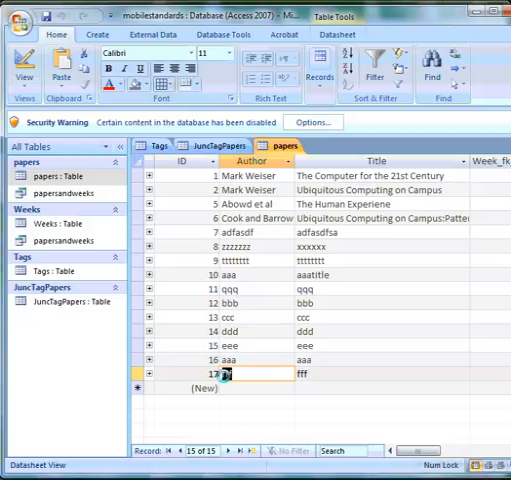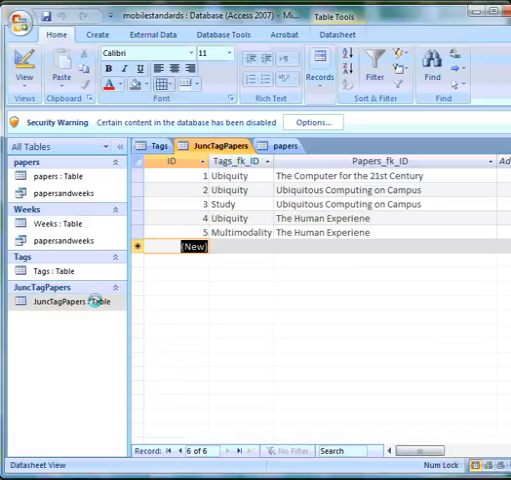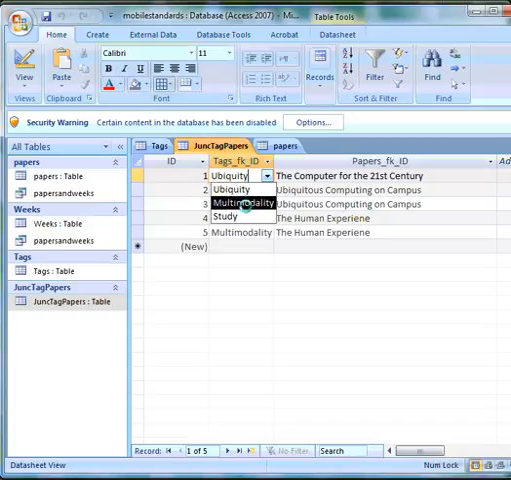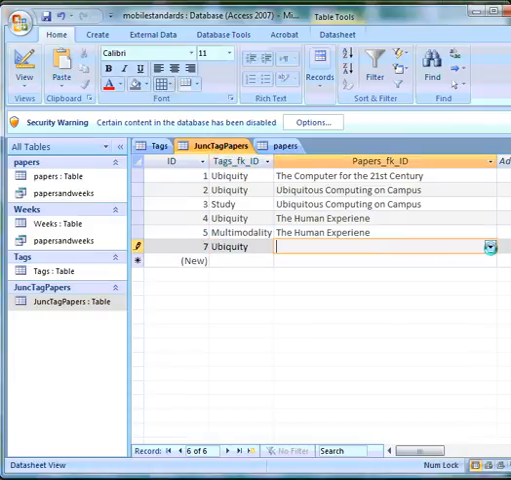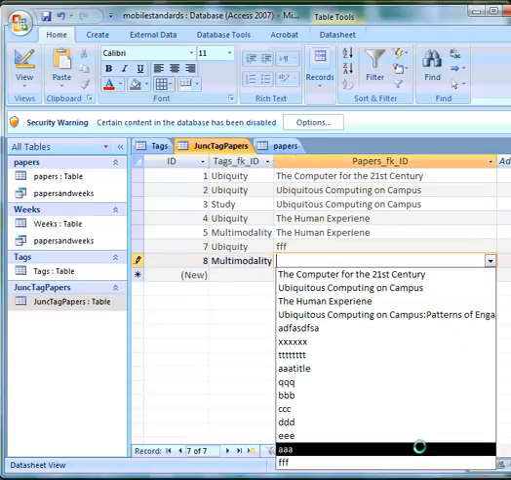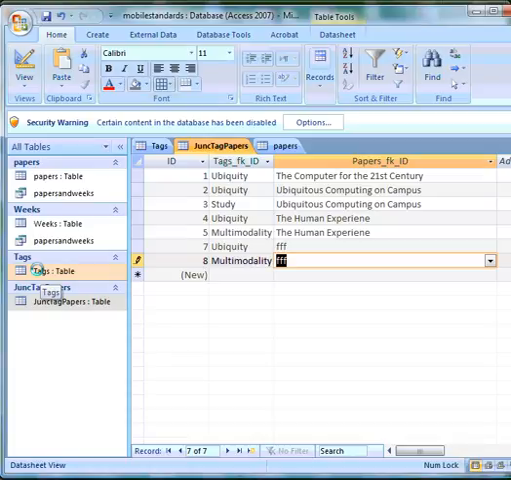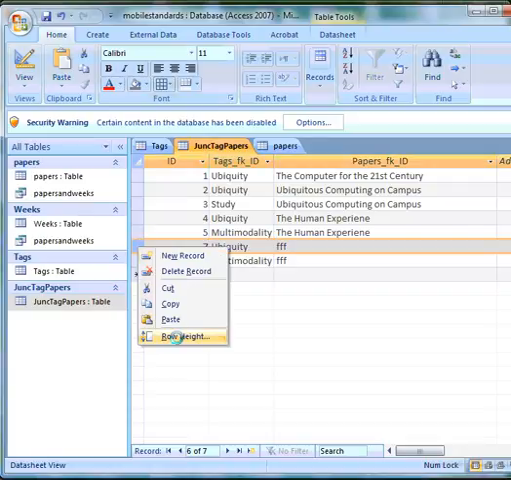Now, the way we do that is we go into the junk tags papers table, and in this column we have a link to a record in the tags table, and in this column we have a link to a record in the papers table. Remembering that in practice, this is what we would want to happen: Ubiquity gets associated with this paper we've just added, FFF. We would want Multimodality to be associated with FFF. And we would also want to add a new tag, audio, into tags, and then associate audio with FFF. Those are the things we would want to do. Let's delete these for now,